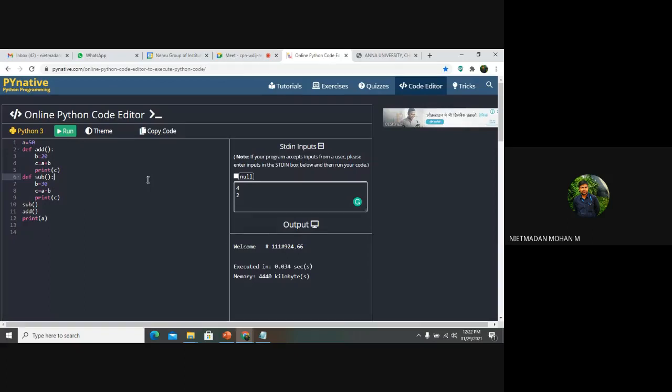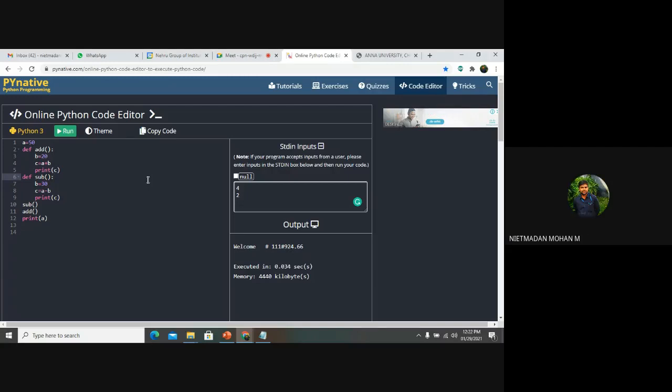So what is my local variable? So what is my global variable here? A. Okay, then go with this. So which line will be executed first? Fifth line, sir.